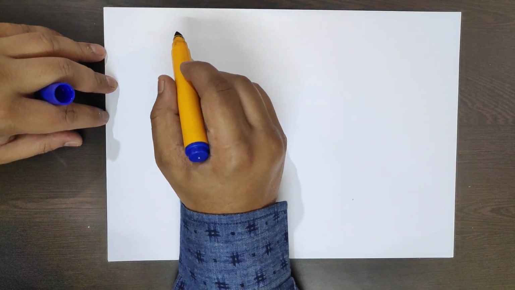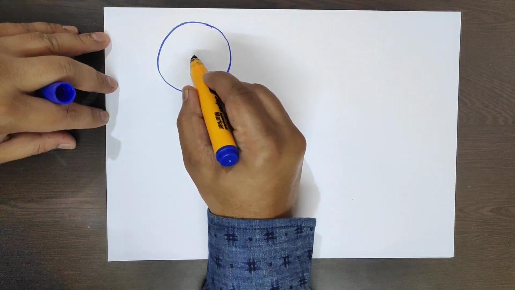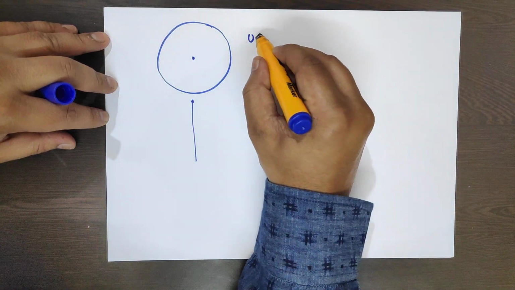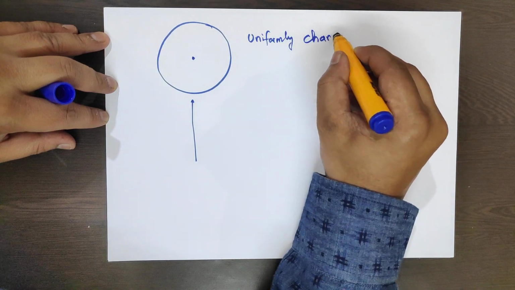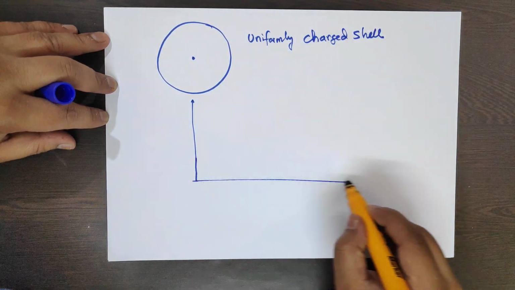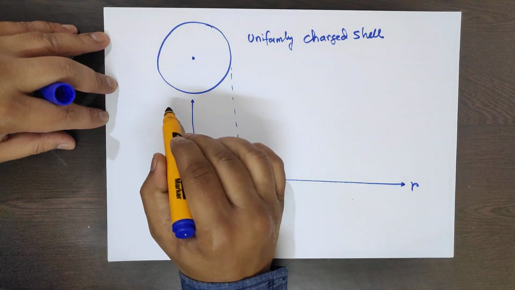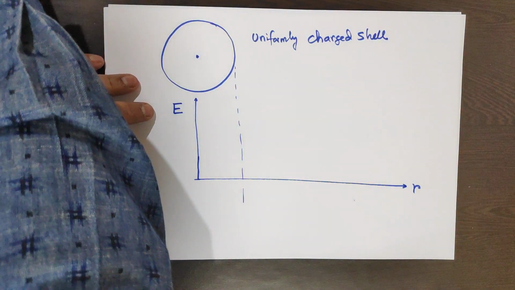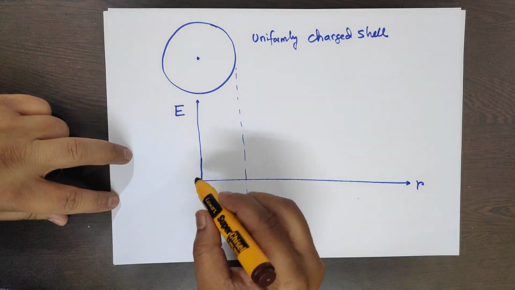Now let us take the case. Suppose you draw the graph of field versus distance from the center of the shell, for a uniformly charged shell. E. So inside it the field will be 0,